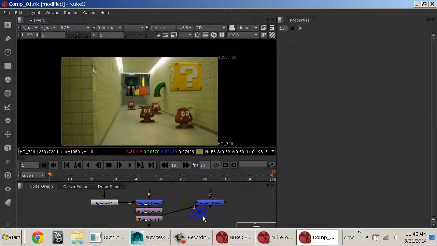Alright, just another little bonus tip. Okay, so that's it. Save. Render, turn it in,